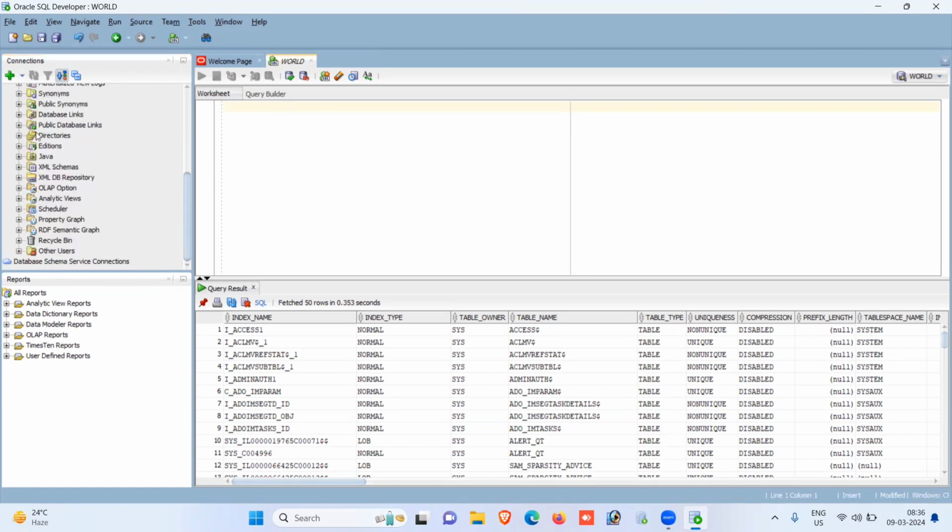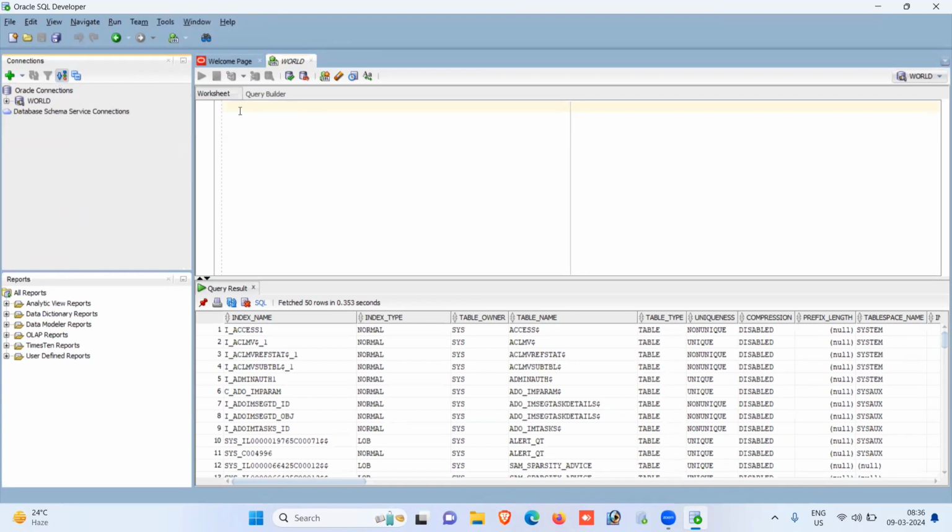So if you want to connect to the HR user, by default all the users will be in locked mode. You need to unlock the user, then you need to connect to the user. How to unlock the user? Just for example, I'm taking the HR user. Type the command like